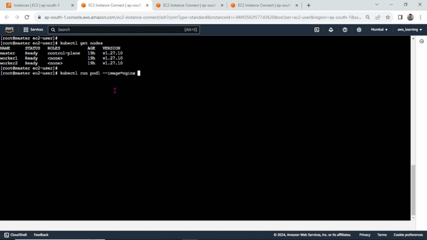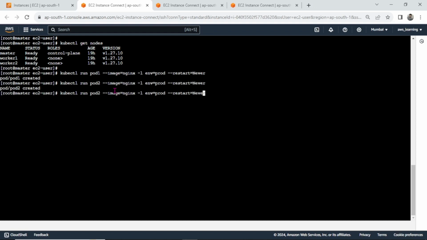I am using the nginx image and giving the label env equal to prod, and --restart equal to never. So the first pod is created. Then with the same label I am creating the second pod, and I am removing the label